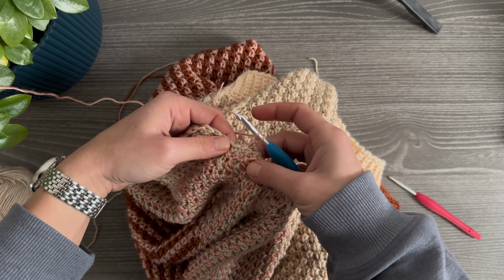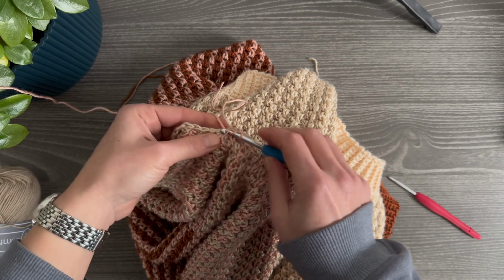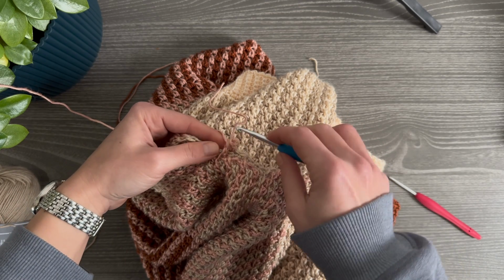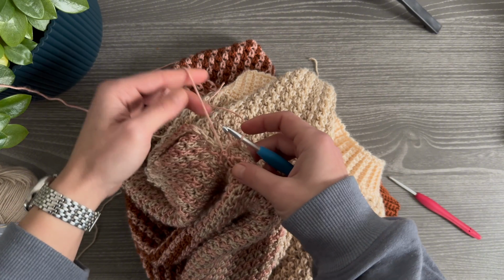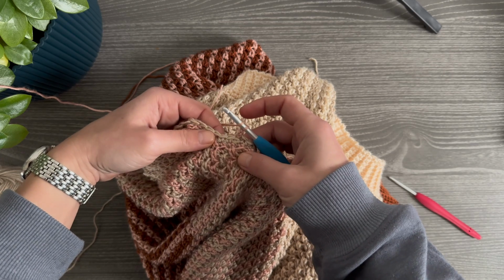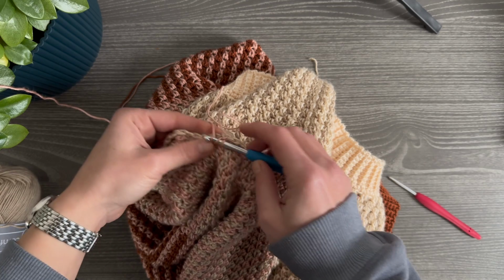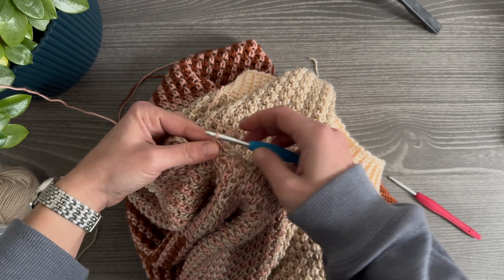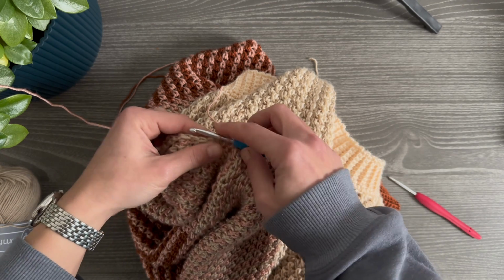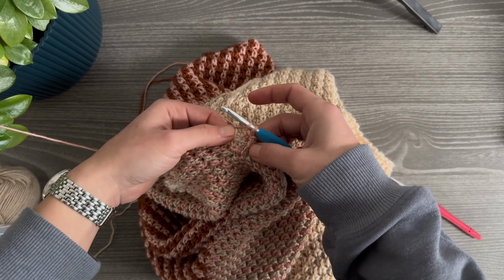and then for my second stitch I will go with a double crochet, but basically into the body stitch, into that loop that I can see over there. If this is becoming too loose, and being the armpit, this needs to be really like a dense fabric, because this will stretch quite a lot, I'm trying to go as a front post double crochet, but this will work as well. Now the next stitch will be a single crochet into the back loop,